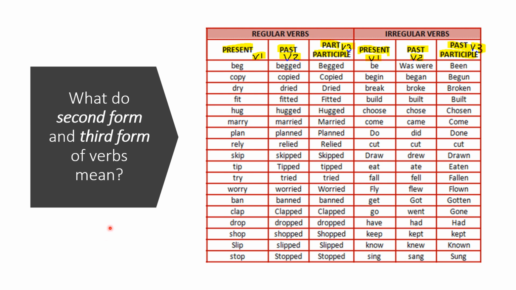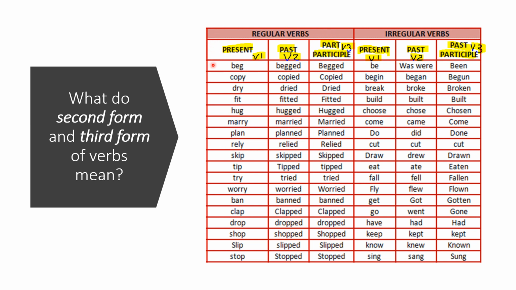Now, in the previous chart, you have seen the terms second form and third form. What do these second form and third forms mean? Do you still remember in high school or junior high school, or perhaps when you were in elementary, the chart that your English teacher asked you to memorize? In that verb chart, you were shown the present form, the past form, and the past participle forms of one verb.